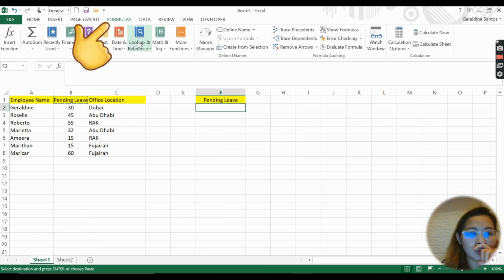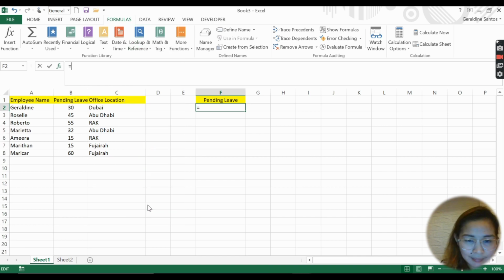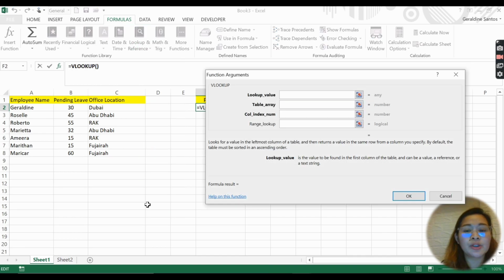So here is the Lookup and go for the VLOOKUP. You will see the Function Arguments come up automatically. For the lookup value, you will click Geraldine.